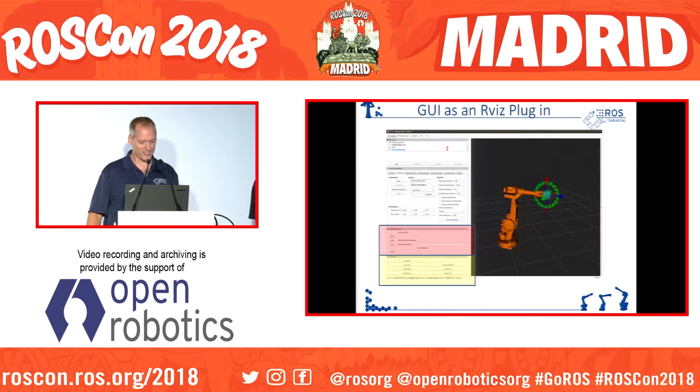And we added one extra little piece here to make it even easier, which is a completely different node and another GUI. The yellow box is about this, which allows you to save all those motions in a file, save all those joint commands, and then it'll just execute all of them one by one and pause at the end of each one and take the picture that you tell it to take. Okay,